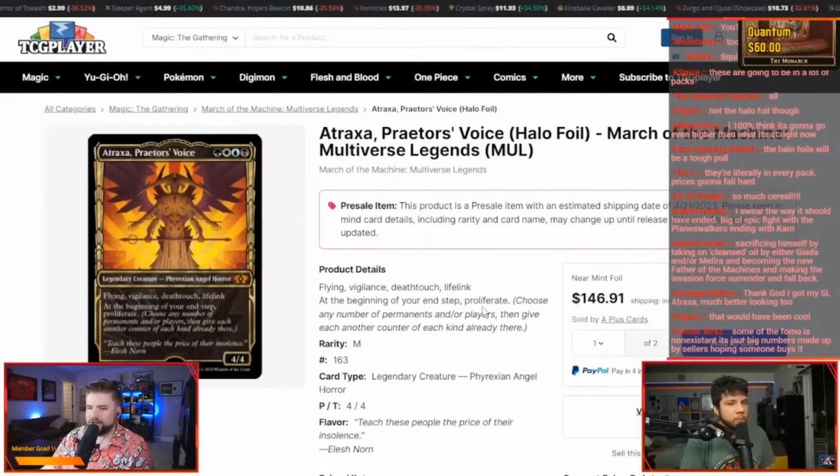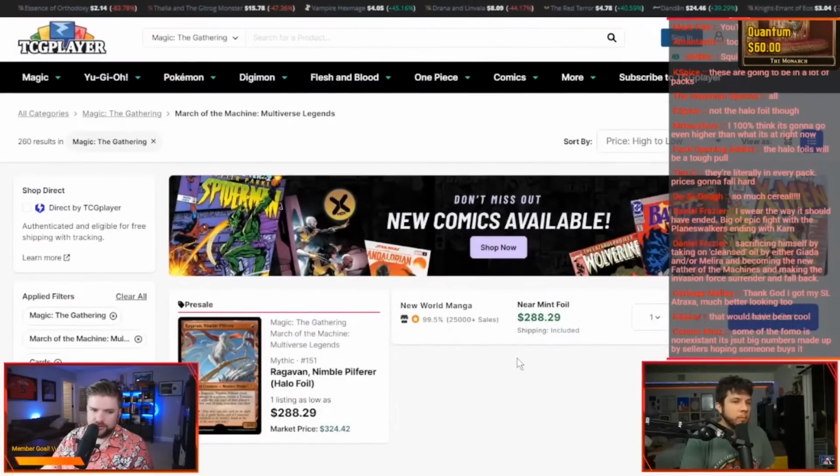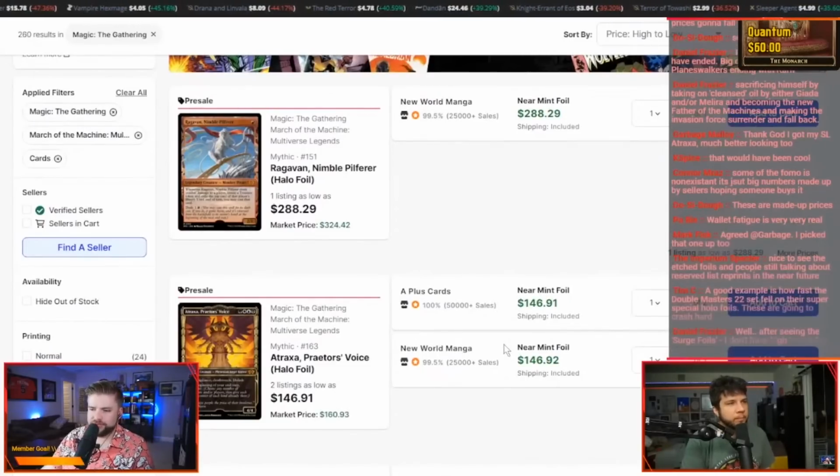Connor Mraz in chat, you nailed it. You hit the nail on the head. Some of the FOMO is non-existent and just big numbers made up by sellers hoping someone buys it. That's what all this early hype is. You're 100% right. Coming in at third, so you've got Ragavan and Atraxa. I think it's safe to say that Ragavan and Atraxa are the two most hyped right now in this group of Multiverse Legends, appearing at over 140 for Atraxa currently as of the 5th, and nearly $300 for the Halo